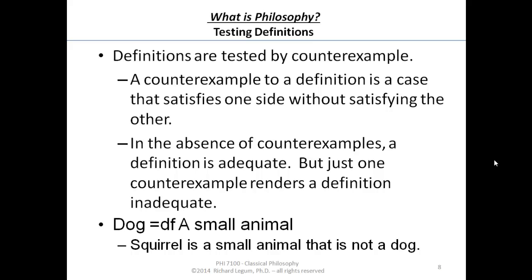And remember, our procedure above tells us that we're going to think about it, and if we can't find any counterexamples, we're going to have to figure that we have a pretty good definition. So now what I want to do is turn to doing some examples, just to get used to the idea of trying to test the definition, trying to find counterexamples. So we're going to consider a bunch of bad definitions,